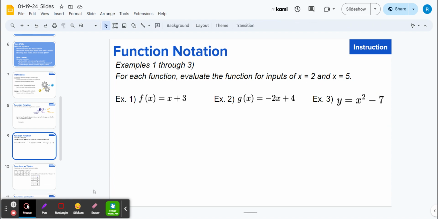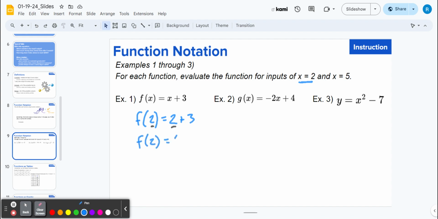So in example 1, if I'm given x equals 2, all I want to do is evaluate this function at x equals 2. I'm going to rewrite this function as f of 2. Notice how that x swapped out with 2. That's equal to 2 plus 3. You'll notice that everything stayed exactly the same except for that 2 and that 2 where we substituted the x out. If we evaluate that, then we're going to get f of 2